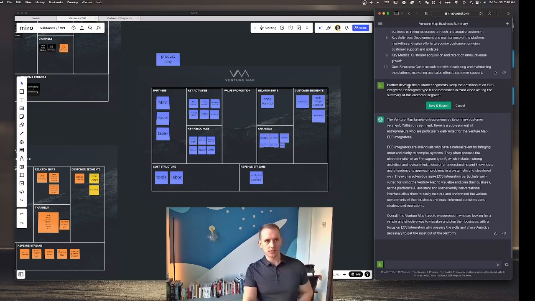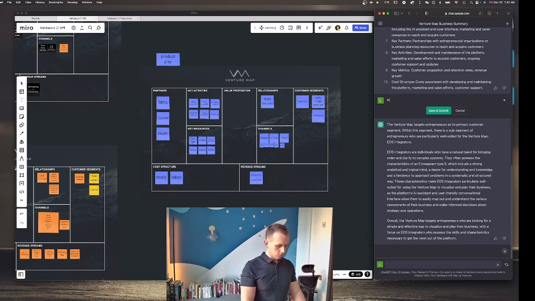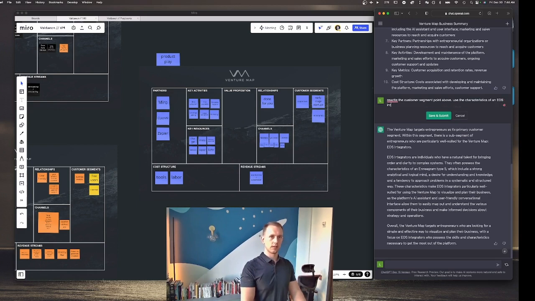So I'm going to basically say, cut this out, rewrite the customer segments point, but use the characteristics of an EOS integrator and visionary to inform the